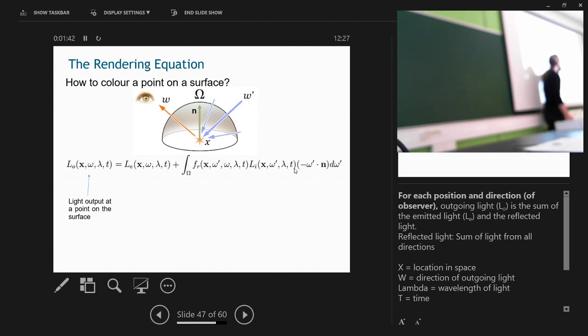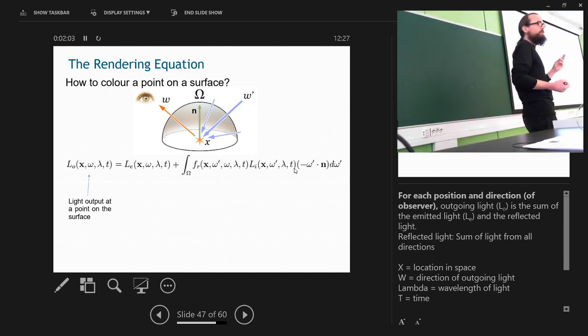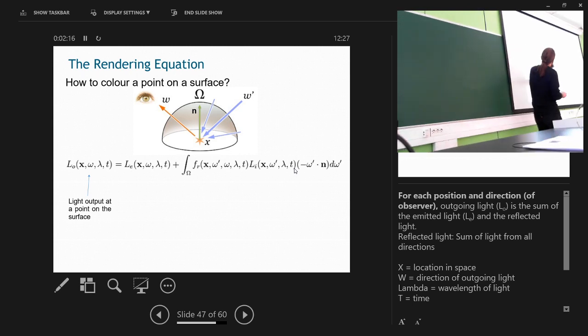It doesn't come from any. You see the vectors. Material properties. Well, the material properties are also determining how light bounces off. But you can see that omega prime, which is the incoming light direction, is only in this integral. But you have this extra term that is independent of that. So it can be two things. It can either be that the surface itself emits light, like it's glowing, for example, or it can be ambient light that is sort of like light scattered off from the environment, and that is just there without any particular direction. And then you have all the directional light that comes in, that can come in from any angle for